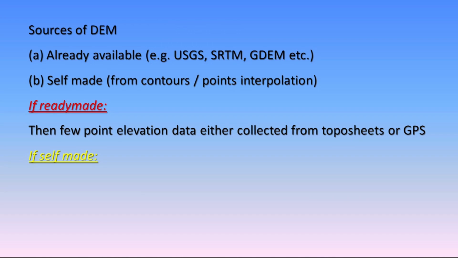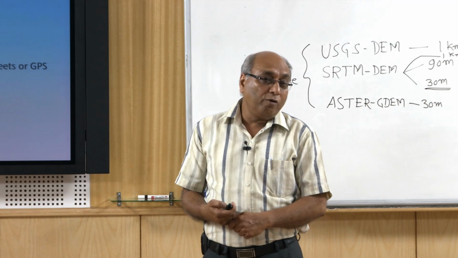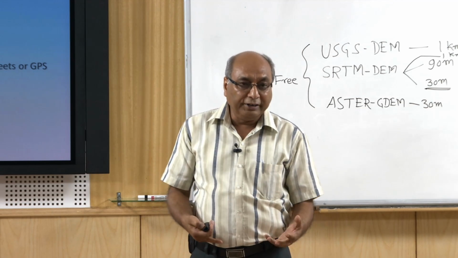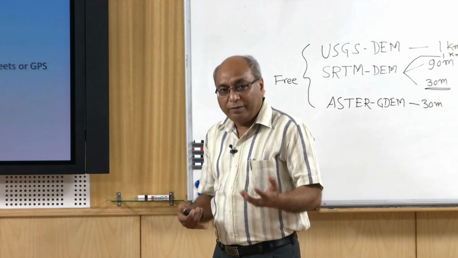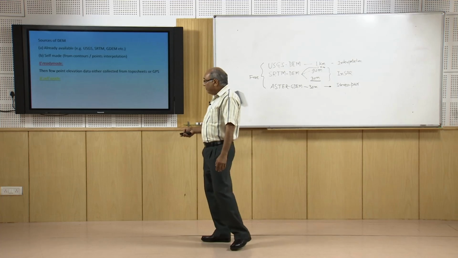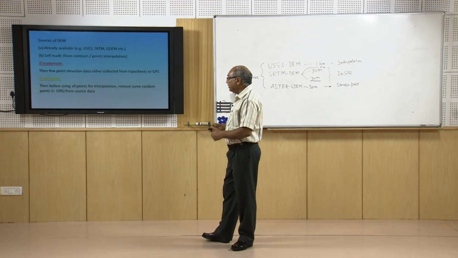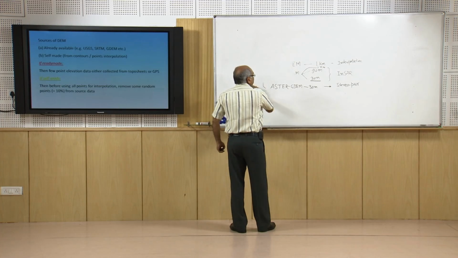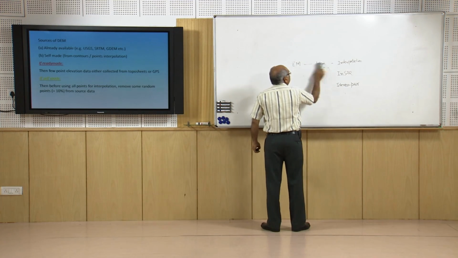Or these test points or control points can also come through GPS. There are libraries of GPS ground control points available, which can also be employed to assess the quality of a DEM, how accurately it is representing a particular part of the earth. If it is self-made, that means using interpolation techniques, then I can suggest a very quick and quite accurate method